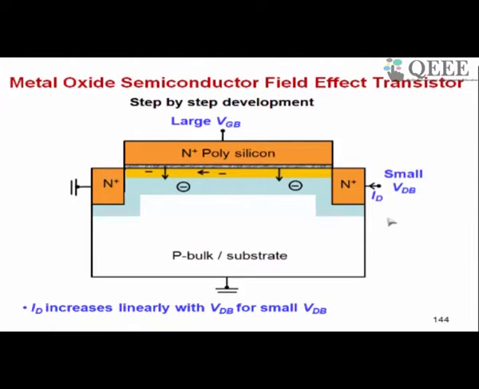Now you apply a voltage to this end as compared to this end, right? VDB. Now note here that B is bulk, this terminal, this is B. So we are applying a voltage with respect to bulk. Now the same thing can be considered as a voltage with respect to source also, because this terminal, which is called the source, is grounded.